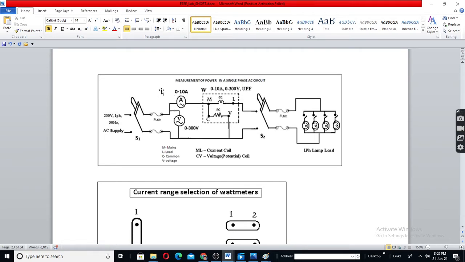In the ammeter there is one coil, a current coil, but we don't call it a current coil because it is understood. You can also say current coil, no problem, but usually no one will say that because the ammeter is used only for measuring current. The voltmeter coil is also called a potential coil or voltage coil.